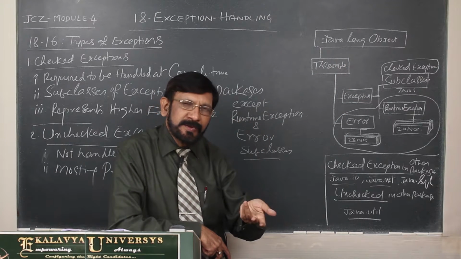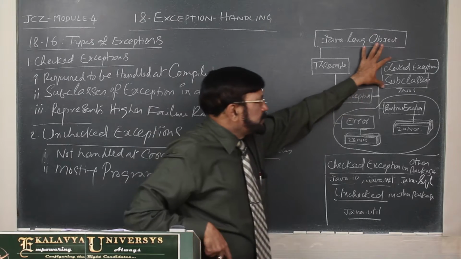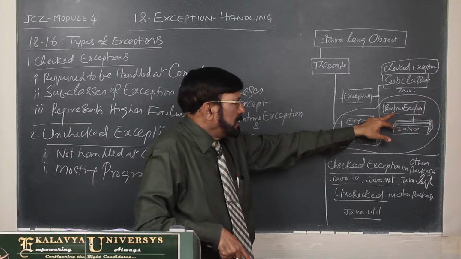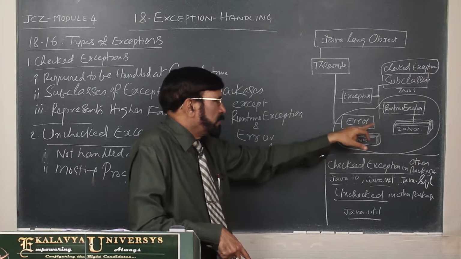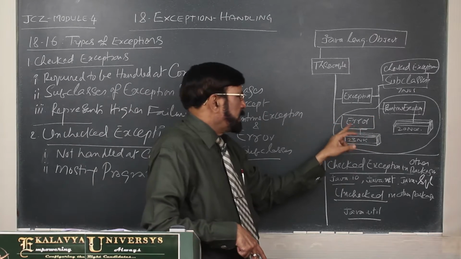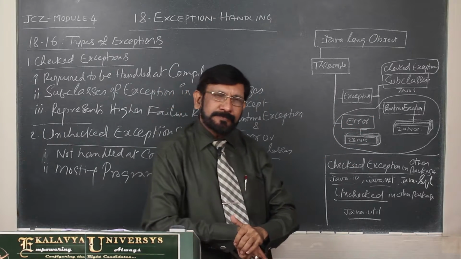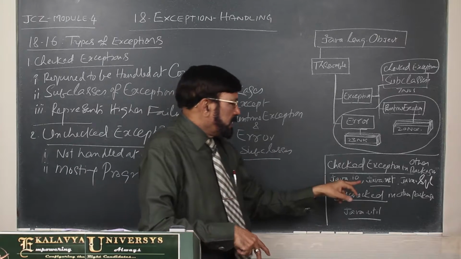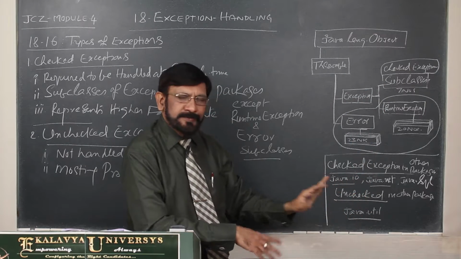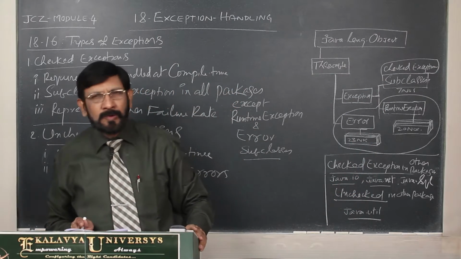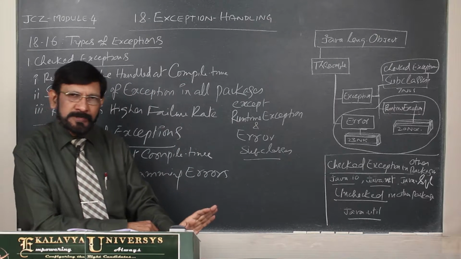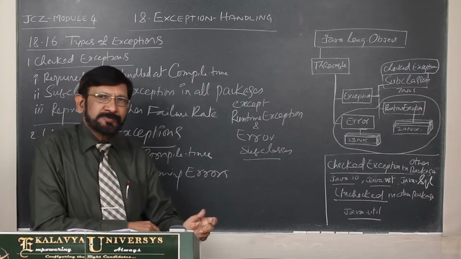By that you can easily understand, and this group only are checked exceptions, and the remaining are runtime exceptions, about 20. This number may change, do not rigidly follow that. Error has 23. In other packages also you can find checked exceptions and unchecked exceptions, all that you have to notice. Nobody can spoon-feed you for that, you must notice that, otherwise you have to bear the consequences.